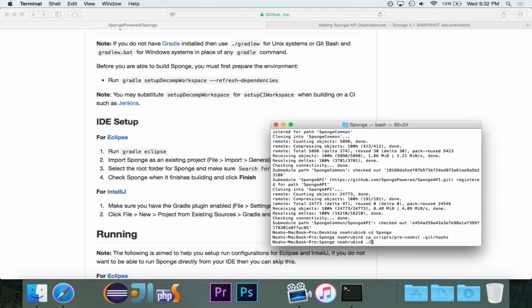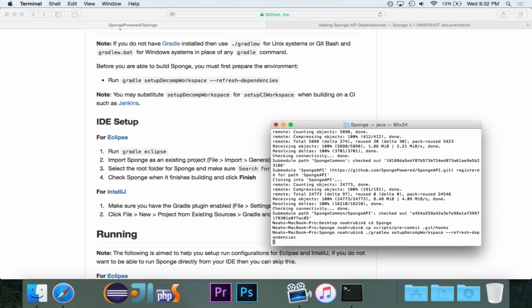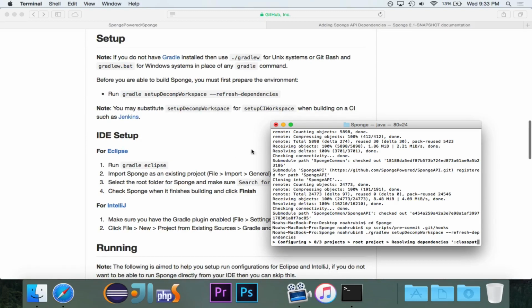So first we need to run gradlew setupDecompWorkspace --refresh-dependencies, and I'm going to hit enter. And of course, if you do have Gradle installed, you could just use Gradle instead of gradlew or gradlew.bat. But right now, what it's going to do is it's going to set up all of the dependencies and things for Gradle.